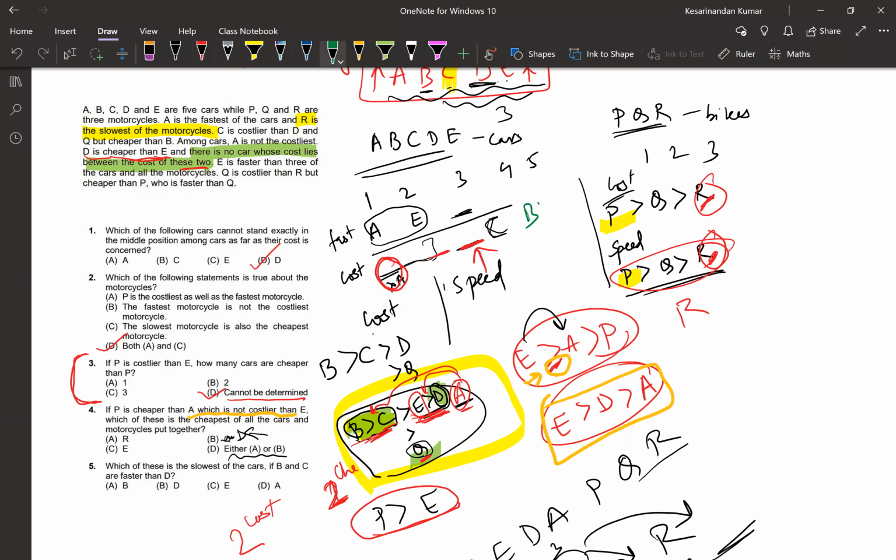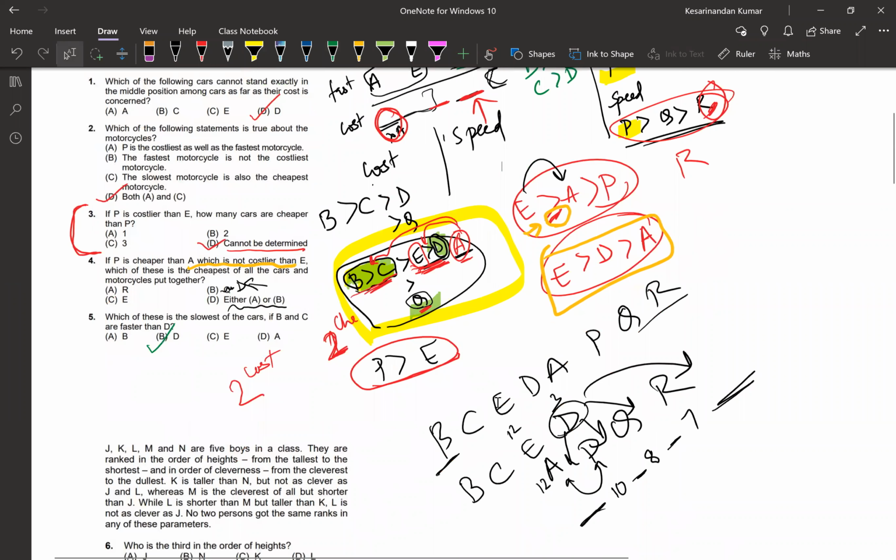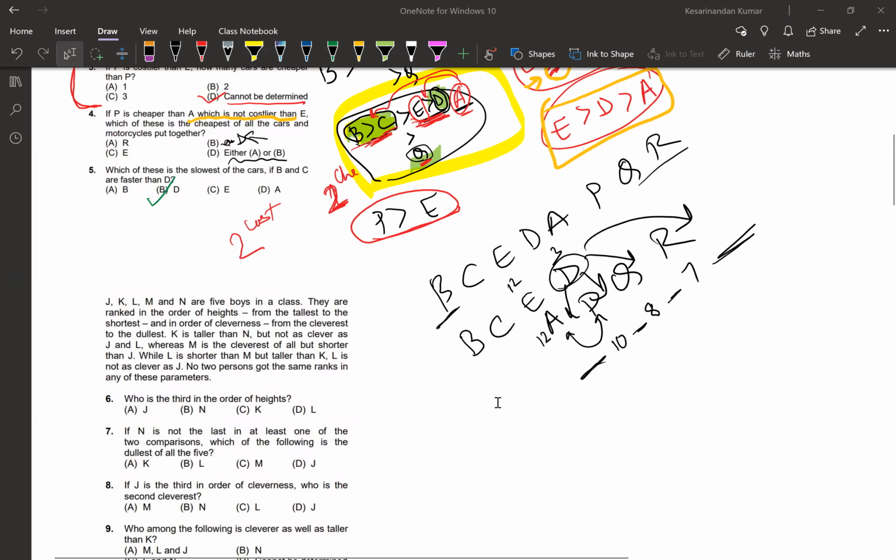B will be faster than D. C will be faster than D. So B and C can take any place. I don't know anything else, but D will definitely be last. So naturally, the only option left for D is to be at the last place. I hope now it's clear, guys. Yes, ma'am. Okay, great. Let's move on then to the next one. It took way too considerable time, but still doesn't matter. If the concepts are clear, that's great.